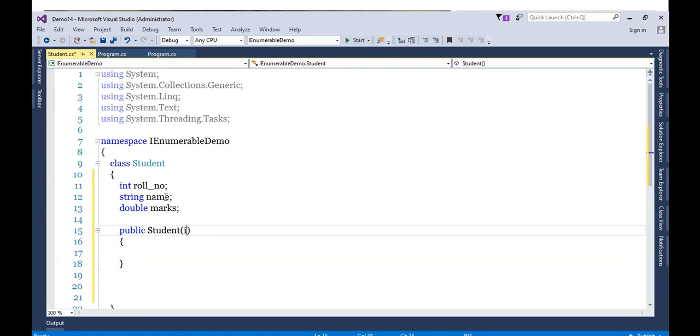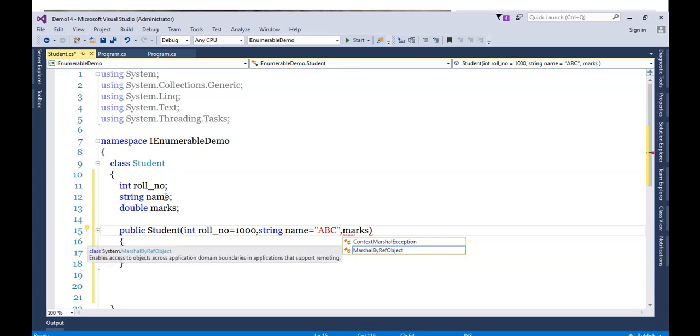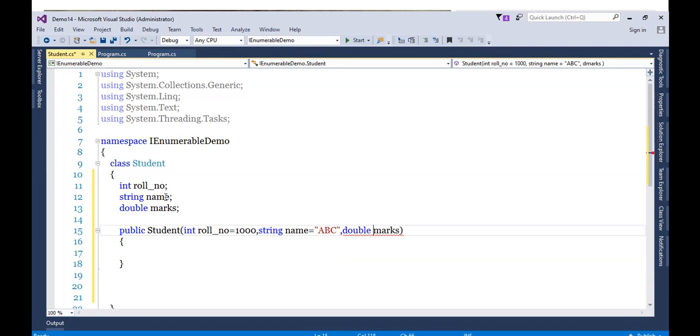Like roll number, I want to initialize with 1000. Then I want to initialize name as ABC. Fair enough. And we'll initialize marks to 100 or maybe 99.99, something like this.